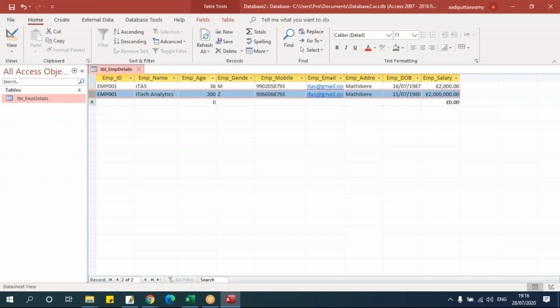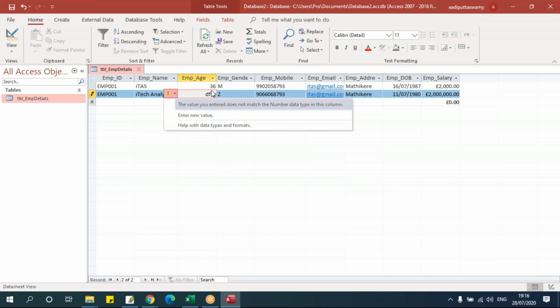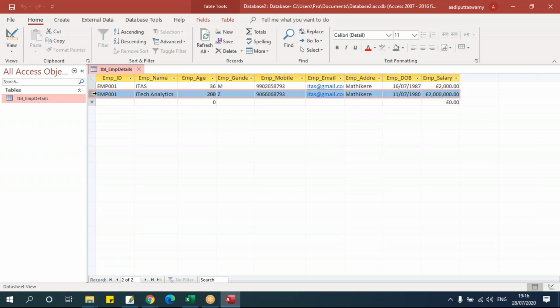One validation we did was giving the data type so that they'll enter only proper data. See here, if you enter a text, it will not allow because we have given the data type as number here. But I'm able to enter a greater number. So it is meaningless entering age as 200, 250 or something. So I need to avoid this. I still need to validate this. And here it says Z, wherein it should be M or F. That means I need to validate the columns.